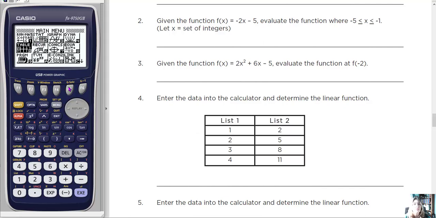So let's go into stat. So notice again my menus. I'm using the arrow keys to arrow up and over. I'm going into the stat menu because that's where I'm going to enter my list. And it's a blank list right now, and I'm simply going to just enter the numbers that I see here. So to do that, you just put the numbers in, hit execute, it moves you down to the next row. So we're going to enter the numbers that we see here,